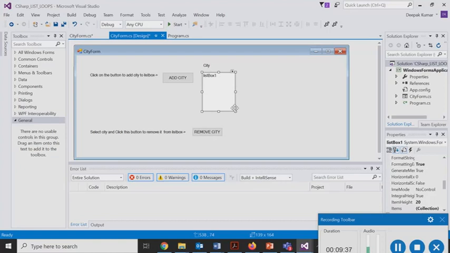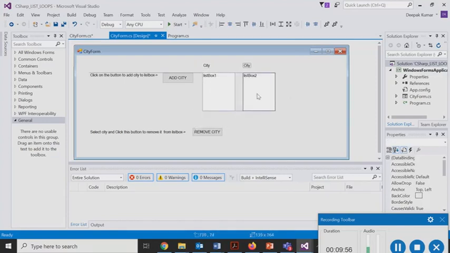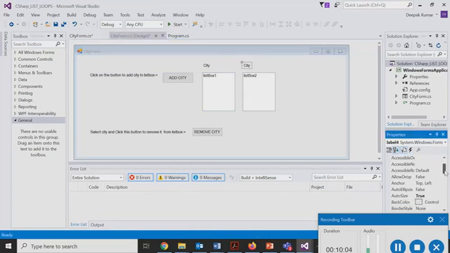Obviously the easy way is you can drag the list box from the toolbox to create another list box over here. I would simply select these two to save some time, and press Ctrl C, which is the copy command, and then press Ctrl V to create a copy of this list box and also this label over there. This label I don't need to rename, but at least I need to change the text property here to something called wards.